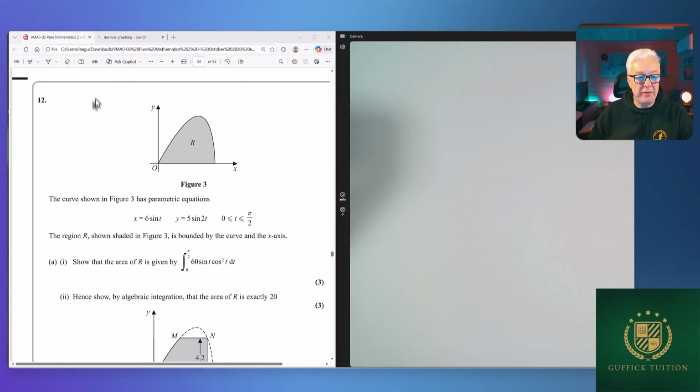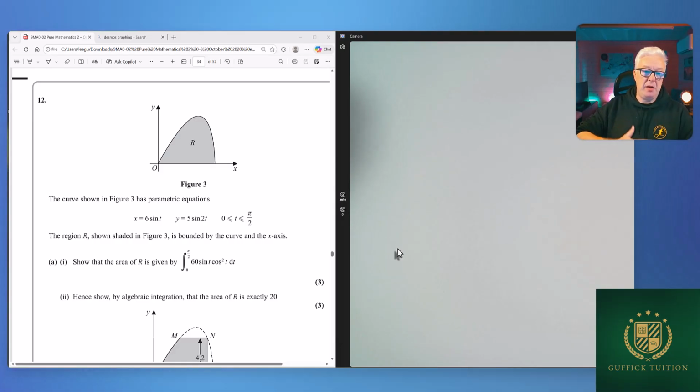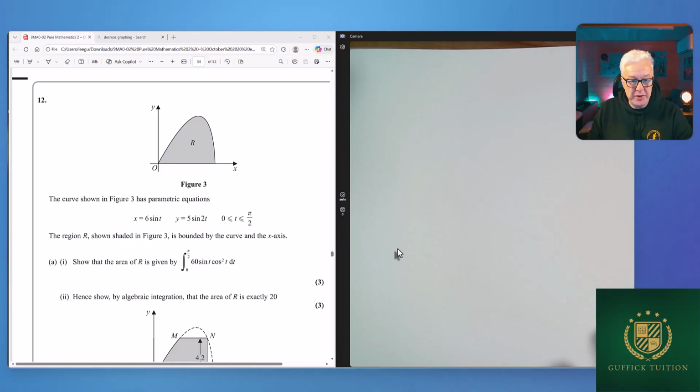Hello everyone, we have here a parametric equations question. It says the curve shown in figure 3 has the parametric equations x is equal to 6 sine t and y is equal to 5 sine 2t. The region R shown shaded in figure 3 is bound by the curve and the x-axis. Show that the area R is given by the integral between 0 and pi over 2 of 60 sine t